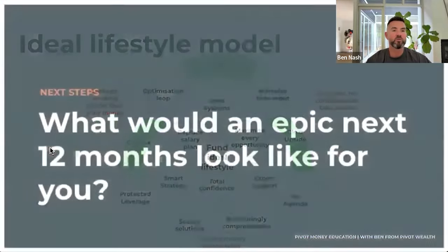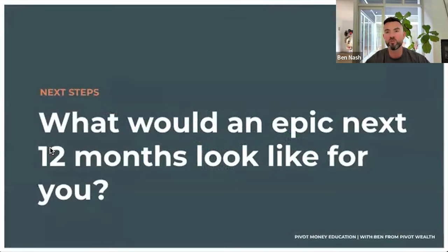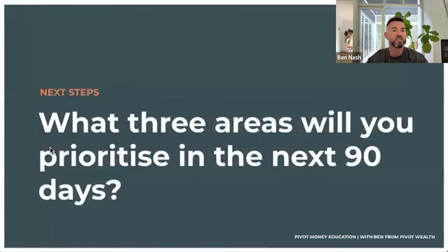And have a think about, for yourself from here, and maybe write down some initial thoughts now, and you can complete this one afterwards: what would a great result look like when it comes to your money in the next 12 months? It could be around trust, but it probably should be broader than that. And then think through, what are the things that you're going to prioritize in the next 90 days, the things that you're going to do while everyone's taking their foot off the pedal at Christmas, thinking that they'll just catch up in the new year, knowing that they're actually going to be starting behind, and then all of a sudden it's Australia Day, and then all of a sudden it's Easter, and still nothing has changed.